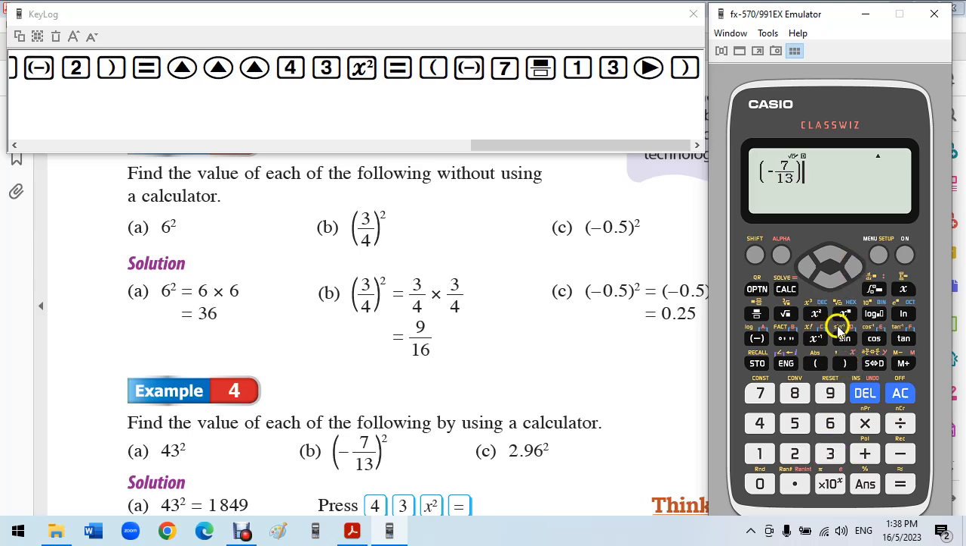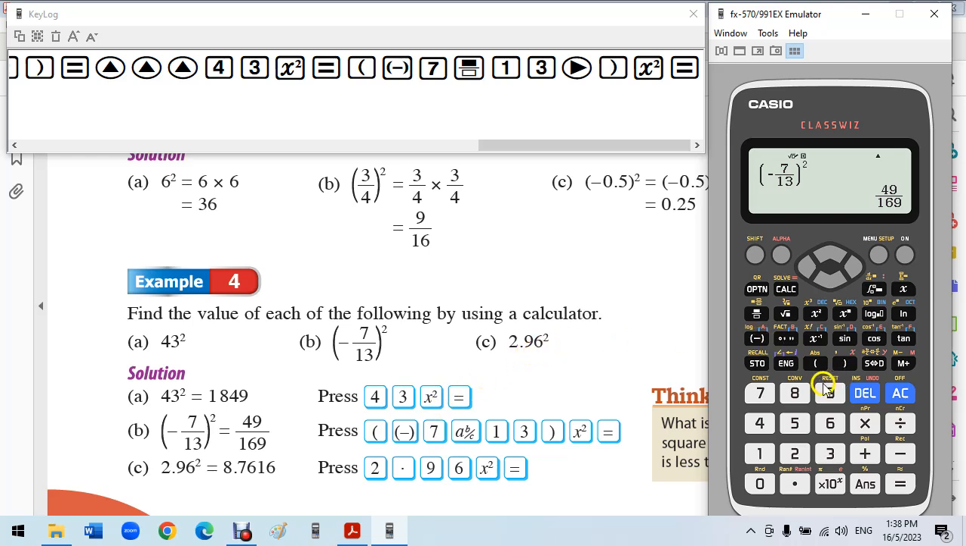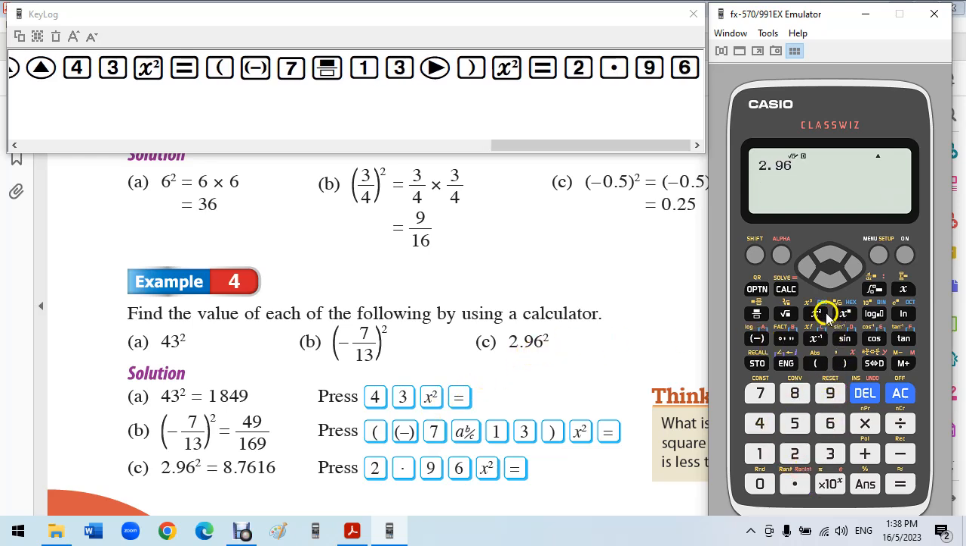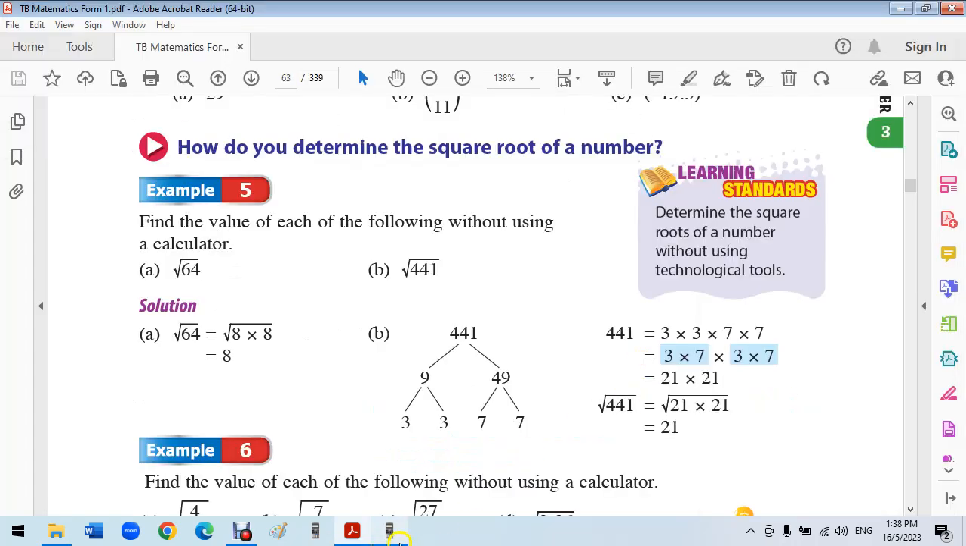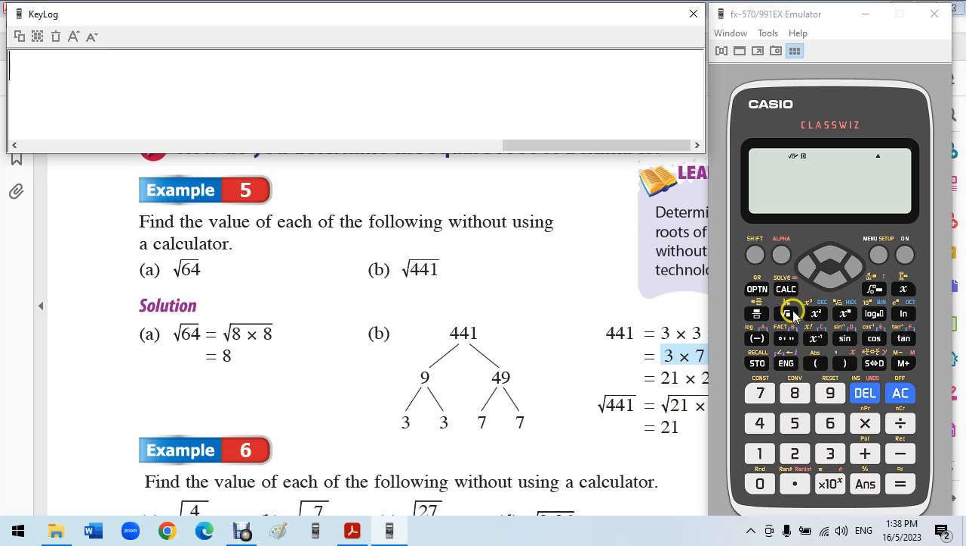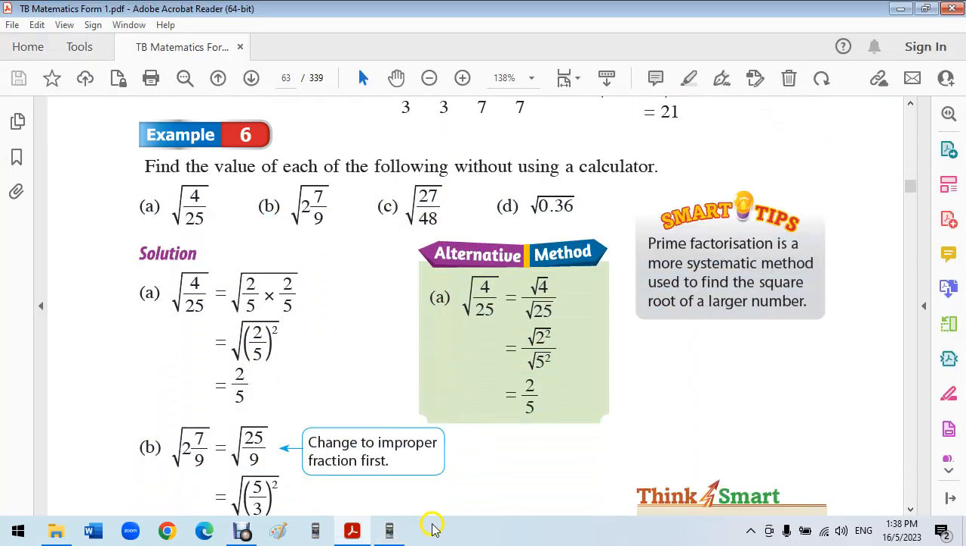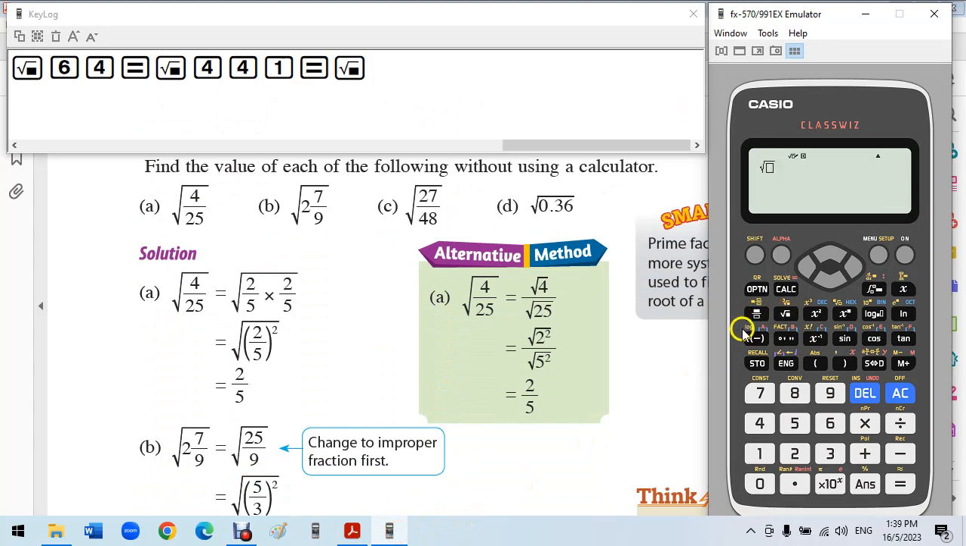7/13 square. Okay, so it returns a fraction, 2.96 square. With one decimal, we press SD. Okay, so square root, so we have the square root. Square root of 64 is 8, square root of 441 is 21. Okay, so we have the square root